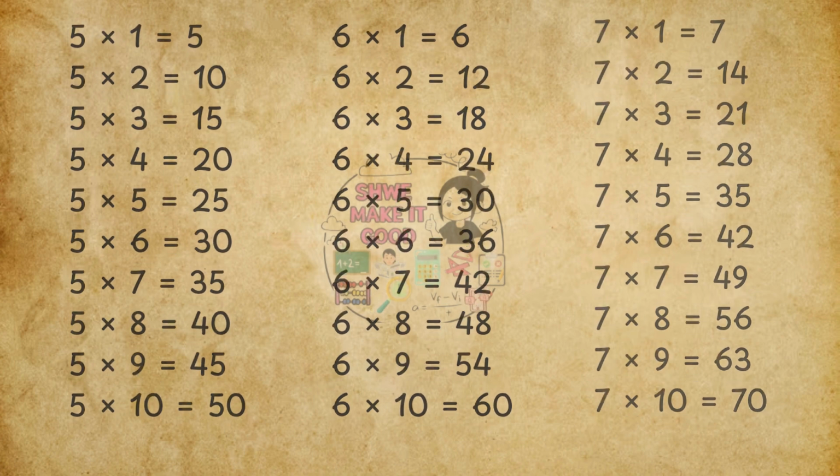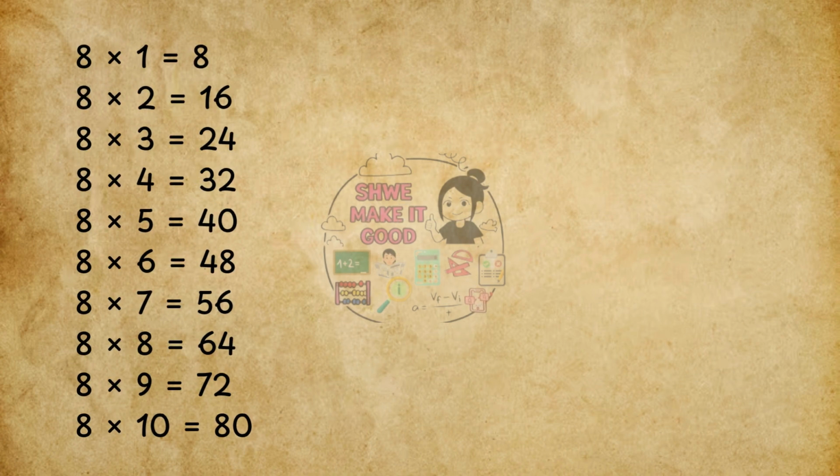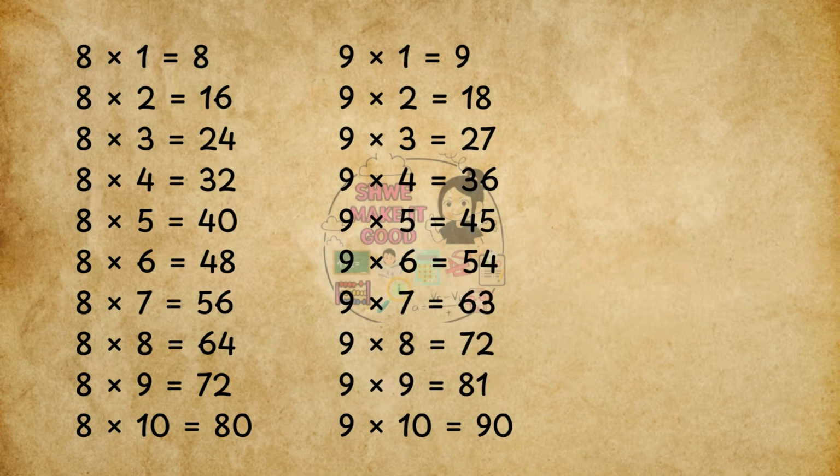are 70. 8 ones are 8, 8 twos are 16, 8 threes are 24, 8 fours are 32, 8 fives are 40, 8 sixes are 48, 8 sevens are 56, 8 eights are 64, 8 nines are 72, 8 tens are 80. 9 ones are 9, 9 twos are 18, 9 threes are 27, 9 fours are 36, 9 fives